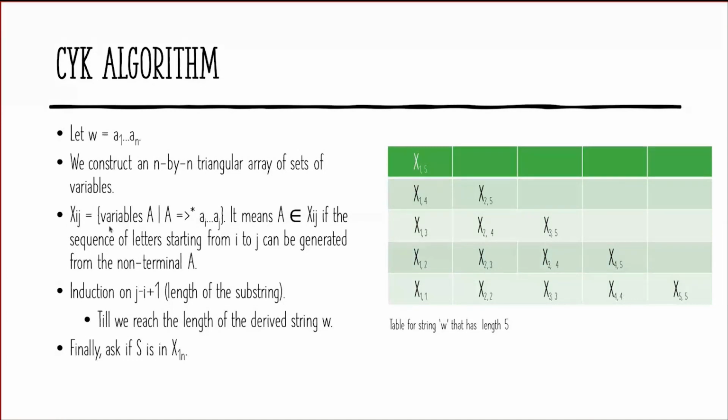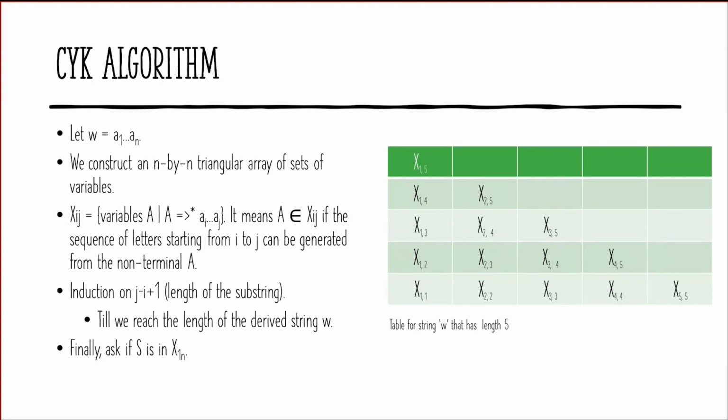Yes, sir. I understood that it is a set of variables, but afterwards, there is a star here, right, in that slide. Yeah, this is just a notation. It means, suppose you have a variable A and you replace it with some variables B, C, and then you replace B with some other variables, so you are doing some substitutions and generating this string Ai to Aj. So this is just a notation, nothing else. Have you understood now? Yes.